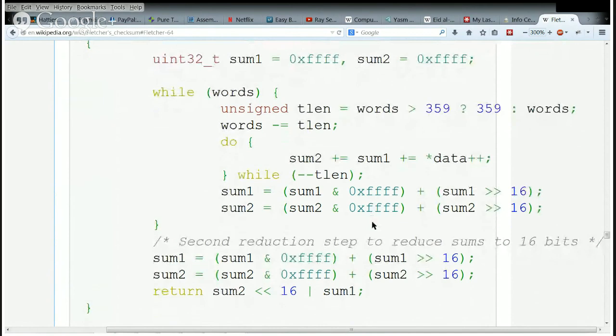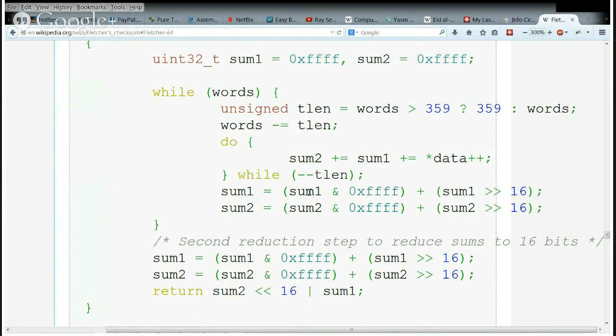And then after they've added up to 359 of them, they do this thing where they AND it with FF, and that gives you a 16-bit number. And then they add to that sum1. So they're taking the two halves of this number and putting them together.